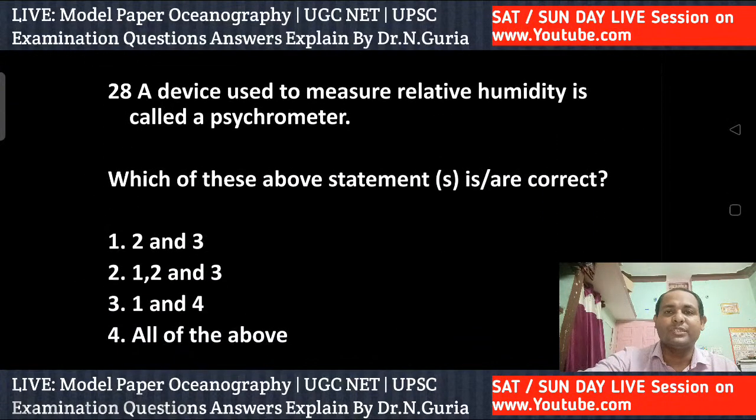And next, another question, number 28. Question number 28 basically explains the specific humidity. A device used to measure relative humidity is called the psychrometer. Which of the above statements is correct? Basically, the specific humidity is a ratio of water vapor to dry air in a particular mass, and sometimes referred to